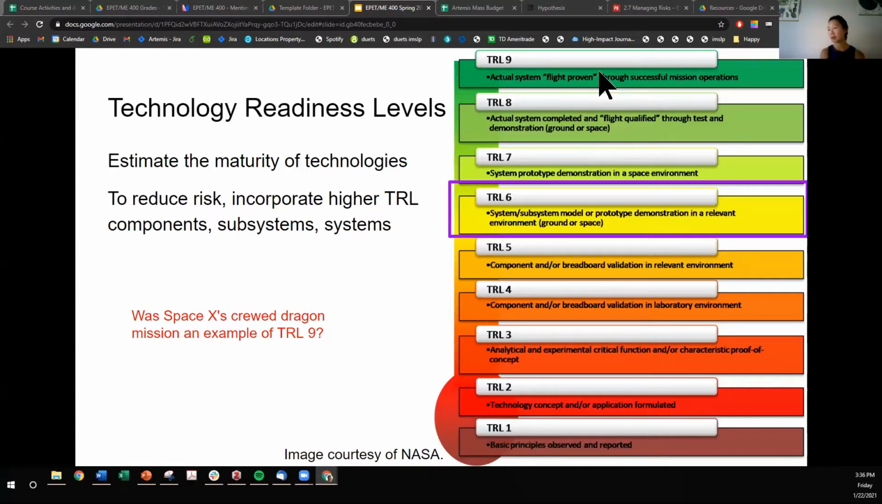So a question that I got, which was really quick to answer, is, was SpaceX's Crew Dragon mission an example of TRL 9? Yes, SpaceX's Crew Dragon mission successfully flew through space, docked with the ISS, and delivered astronauts to the International Space Station. So I would say that is successful and at TRL 9, which is very awesome and